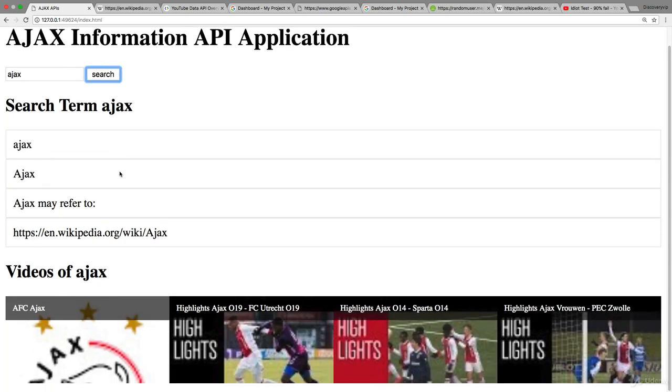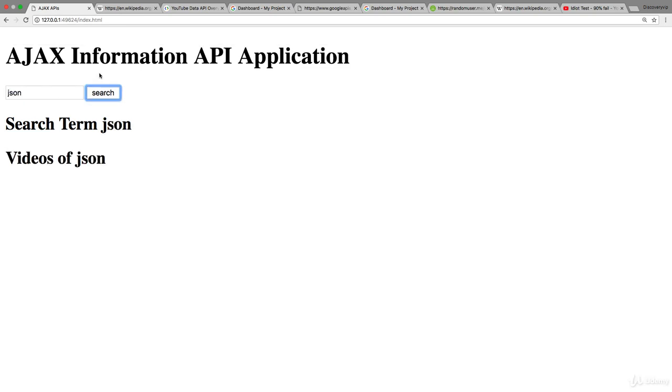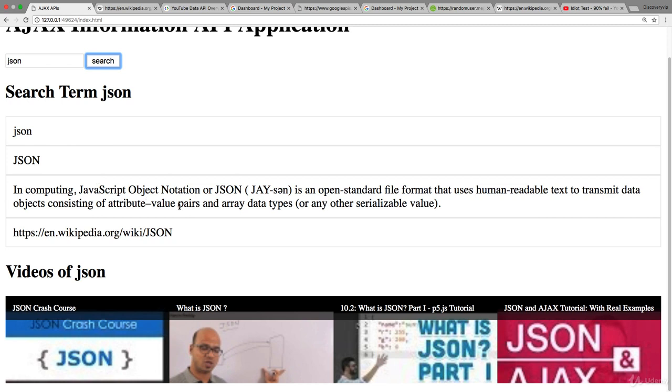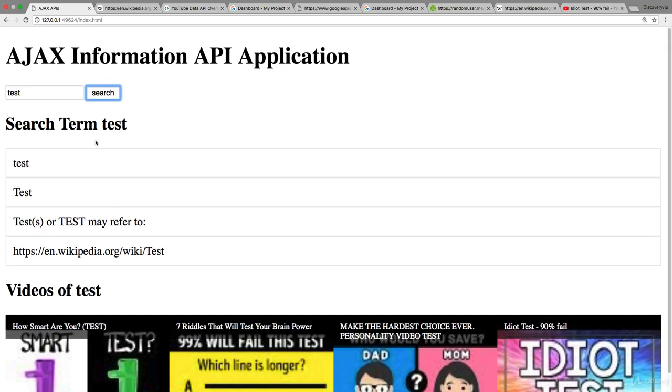So we got search term Ajax, and we could get more specific. So maybe this one isn't a great search term. JSON. So JSON, there's a bunch of information on JSON. So it's not really up to you. Whatever the search terms and whatever information you want to pull back, you can really fine tune and customize this